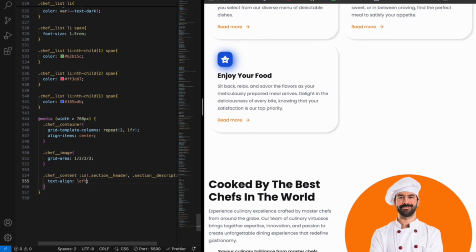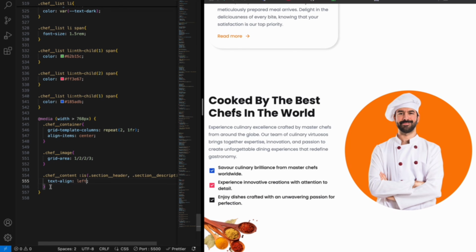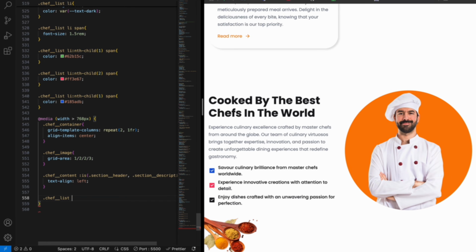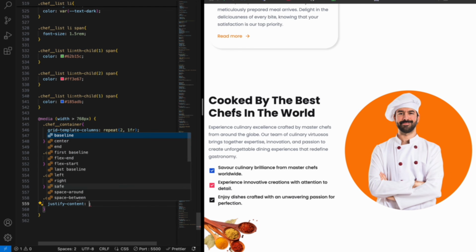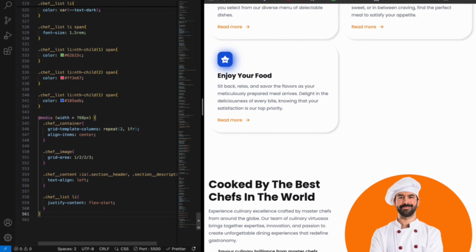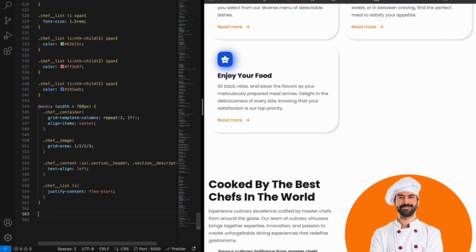Now it looks fine. Then add another thing, chef list li, justify content will be flex start, keep it from the start, and then add another media query, for screen width greater than 1024